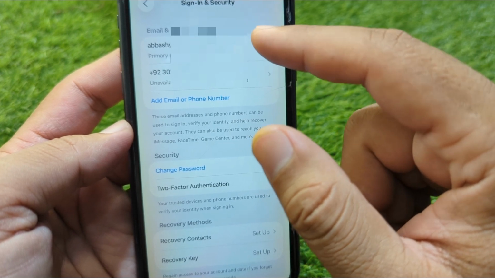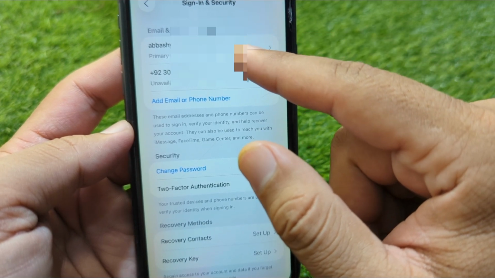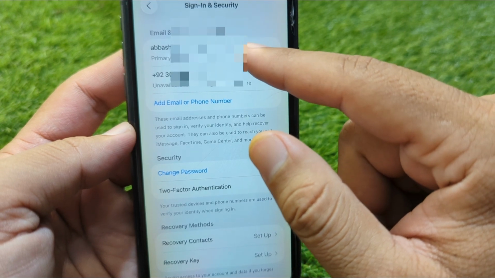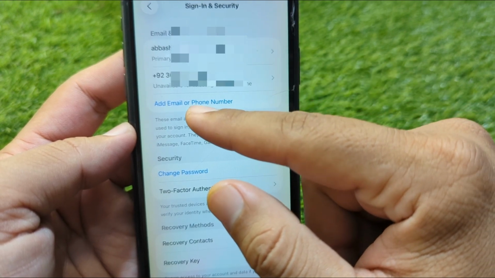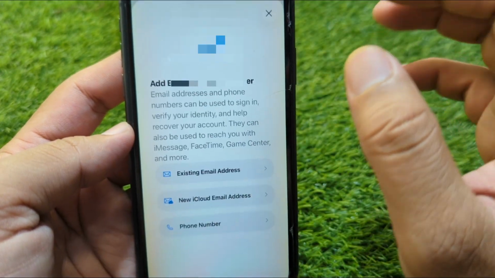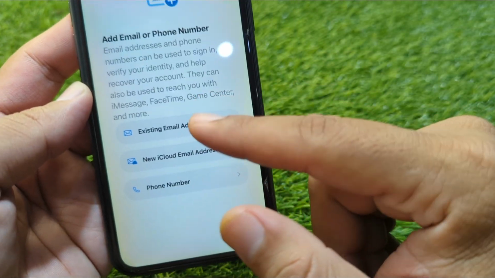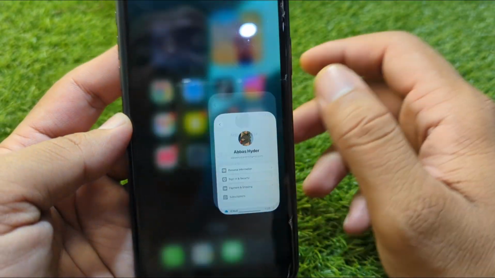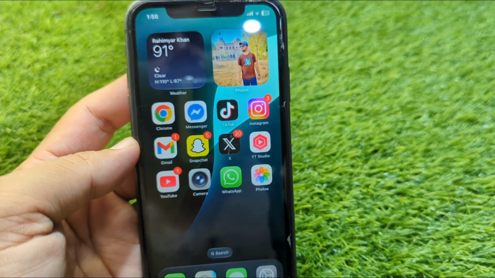So guys, here you can see this, my email is already added from here, and if your email is not added here as primary email, then you have to simply tap on add email or phone number, and after this you have to simply add your email address from here. So guys, simply do this and after this go back and now check if the problem is fixed or not,